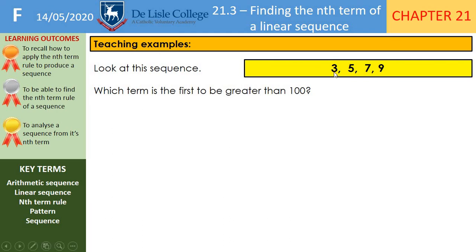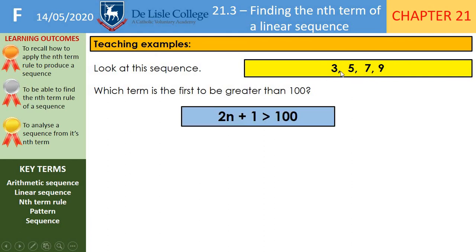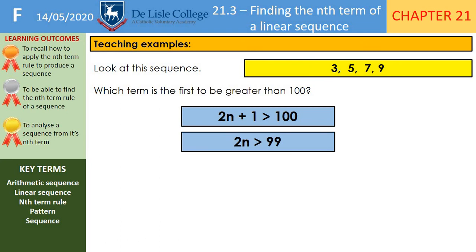So we'll find the nth term rule. It's a plus 2 each time, so it's 2n. And if n is 1, 2 times 1 is 2, but we want 3, so we add 1, and that's how we get our nth term rule. And we want to know which term is the first to be greater than 100. So we've got to get the n on its own. We have to get rid of that plus 1 by subtracting 1 from both sides, and then we get rid of the multiply by 2 by dividing both sides by 2,